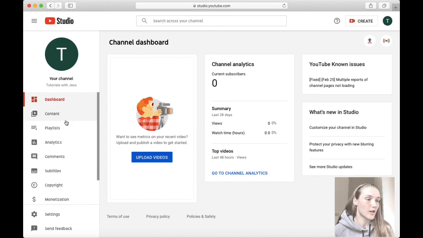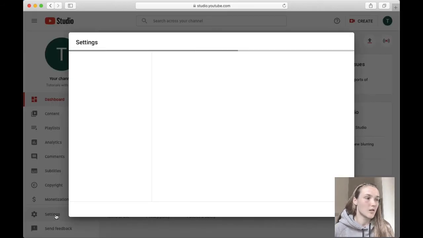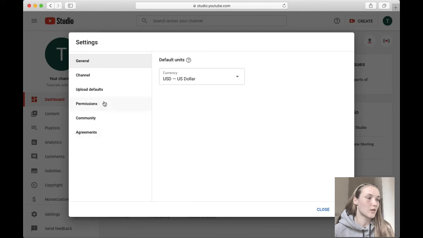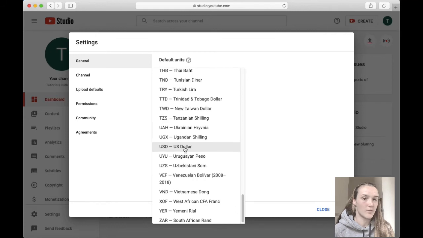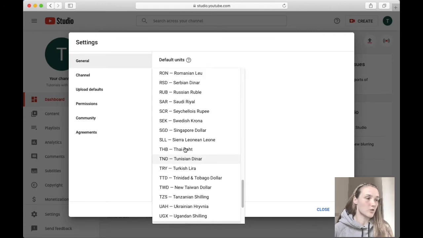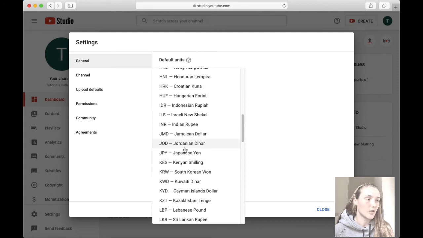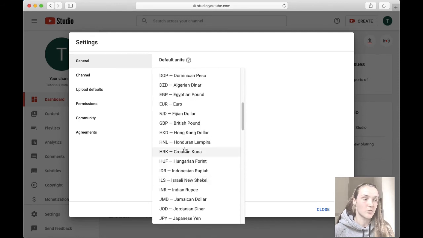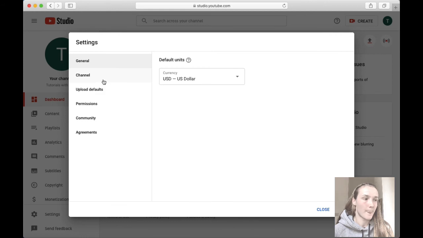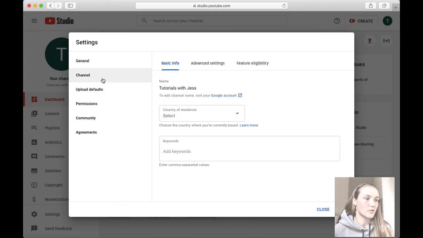You can go to the left and you can go all the way down to settings, and this is really important, so make sure you're following along with this. Click settings. In the settings section, you can change your dollars or your currency. I'm in dollars because I'm in the United States, but you can change it to any type of currency you want. This will be important later. If you get enough subscribers to your channel, you can start to make money. But go into channel and click,